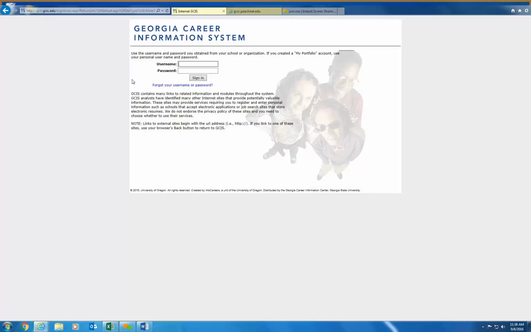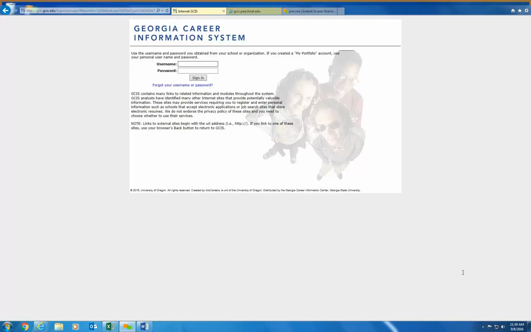The school username and password would allow for general exploration. So your students would be able to see all of the assessments, they would be able to see the post-secondary schools, the occupations, military occupations, course planner, all the bells and whistles. And that's actually where the information stops. You can explore that information all day long. What we recommend is that you actually create what are called portfolios. And portfolios are specific to each of your students.